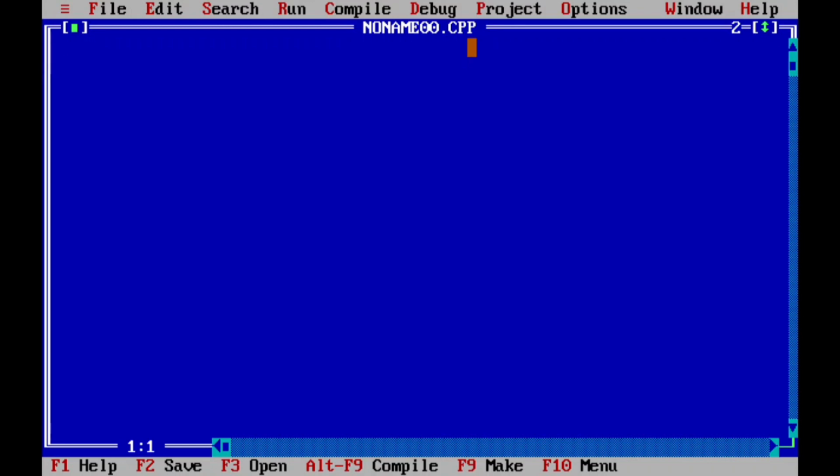There are two ways to change this extension. First of all, write your C programs in this editor. After that, save that file with a name and the extension .c. Means for suppose after writing your first program, the name is first and enter the extension also, first.c, because here the extension is .cpp.